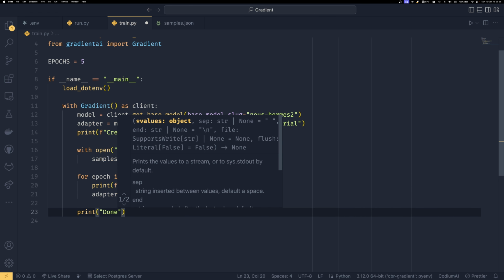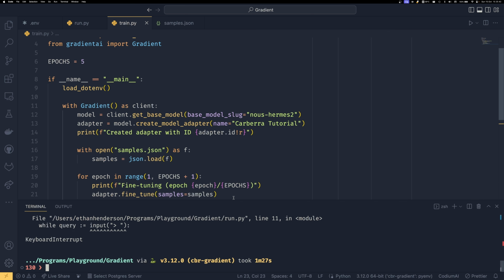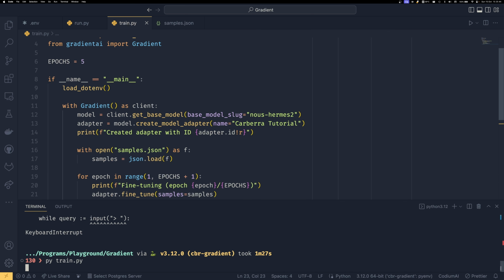And then we just print done to show that the script is done. And then this will train our new model. So if I do py train.py like this,